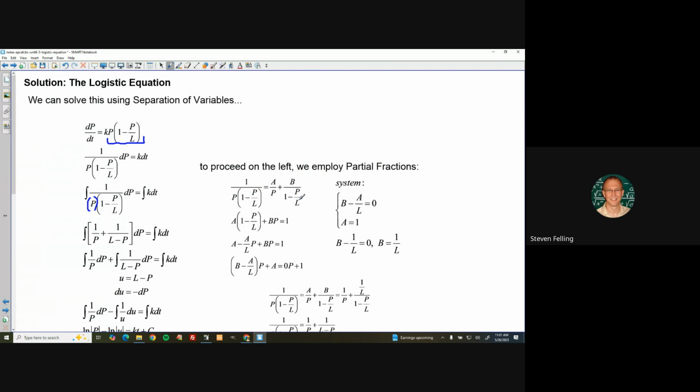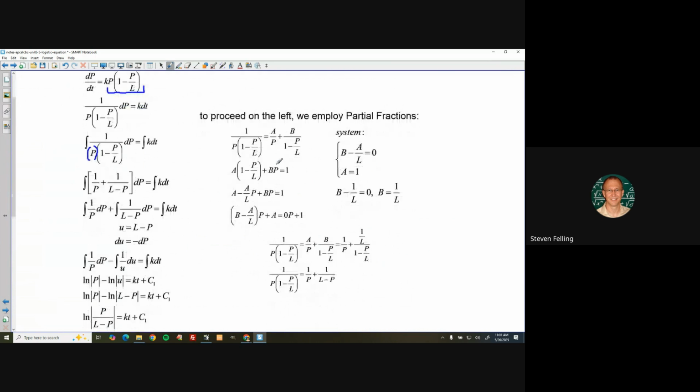And then we can say this A times this 1 minus P over L plus this B times this P has to equal the current numerator of 1. So effectively getting a common denominator, doing the partial fractions procedure. And then multiplying this out, we have A minus A over L times P plus BP equals 1, which means